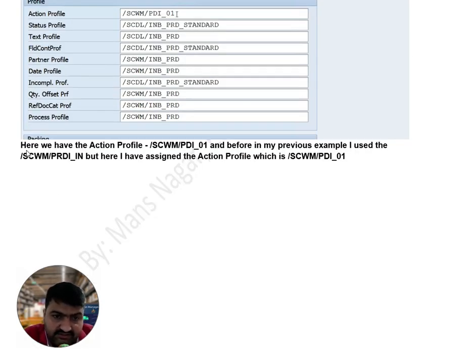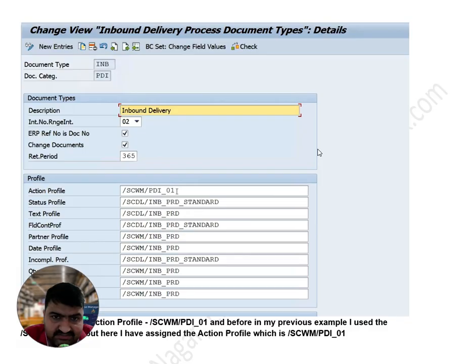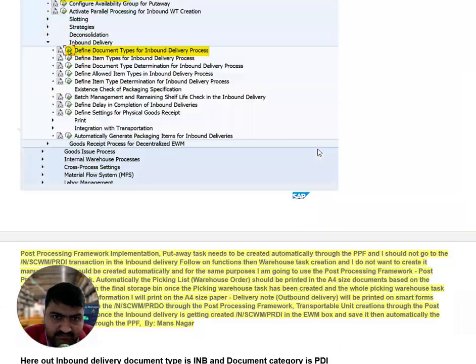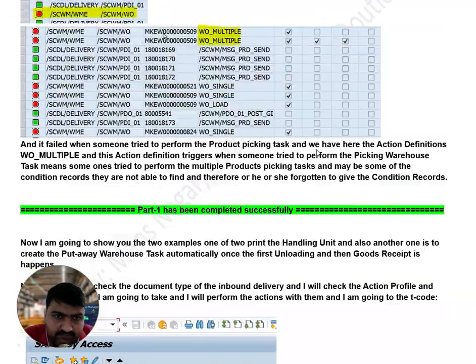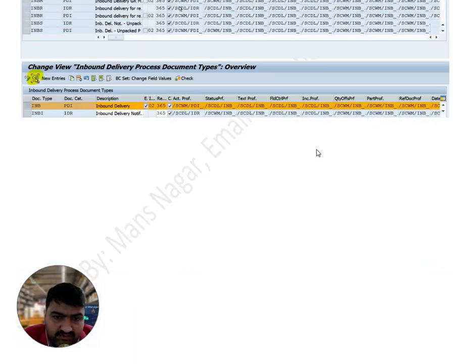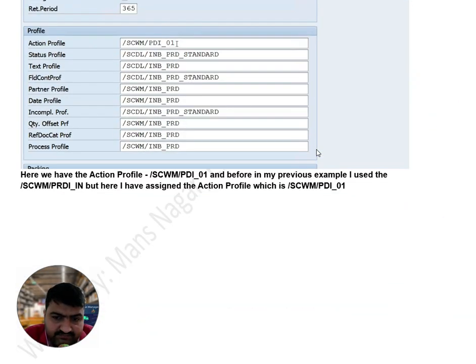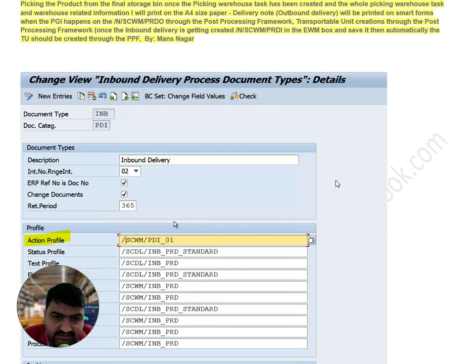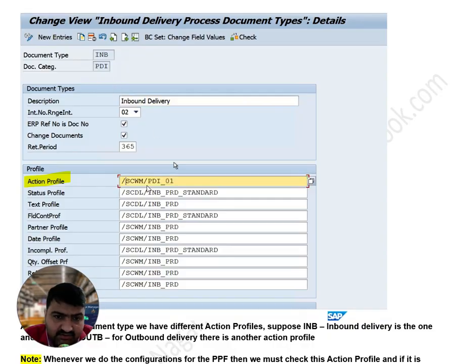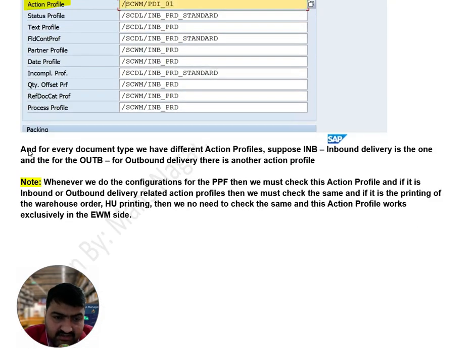Here we have the action profile PDI01. And before, in my previous example, I showed this more above, where I assigned this PRDI into PRDI01. So you can see here inbound delivery PRDI01, and for every document type we have different action profiles.